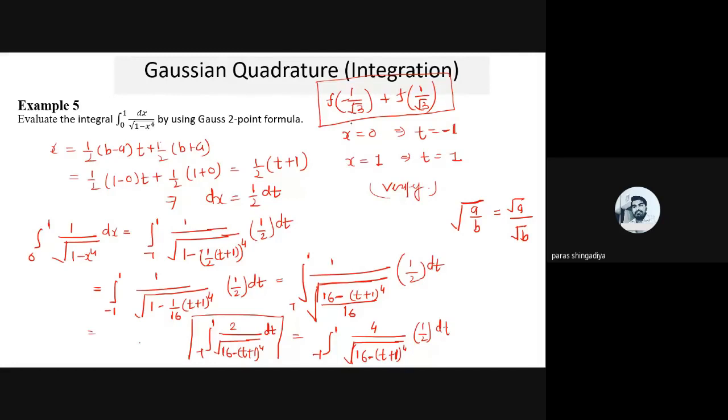First replace minus 1 by root 3 and check the answer of the function. Then 1 by root 3, check the answer of the function. And after that find the addition. The addition will be the final answer of the 2-point formula, which is equal to 1.3111028. Okay, 1.3111028. Clear? So just verify it.